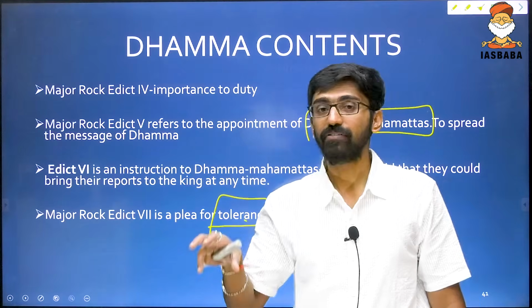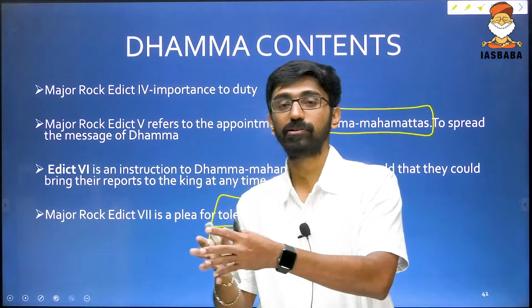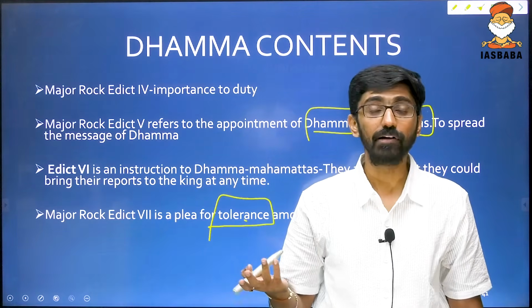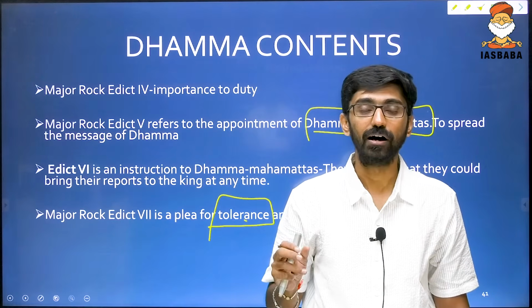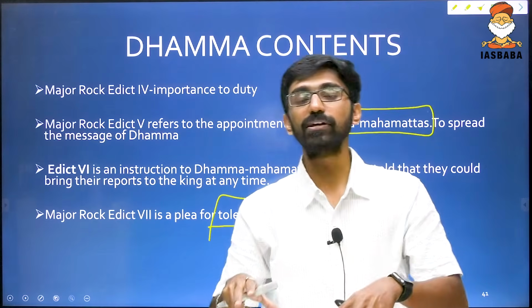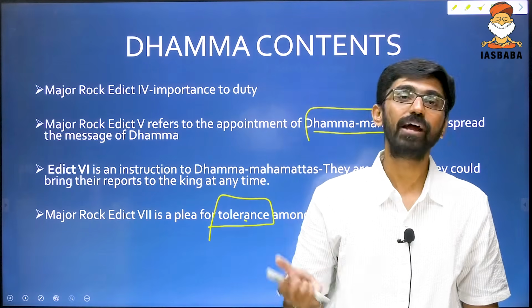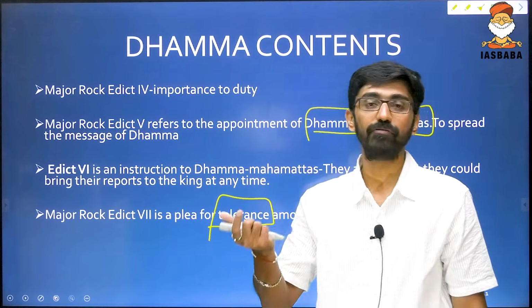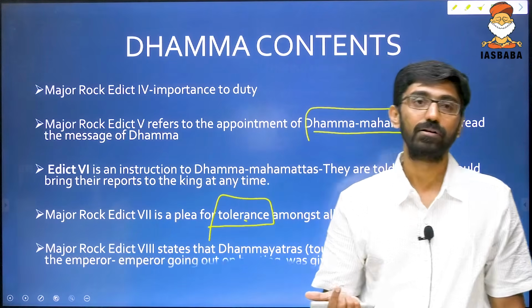Because India is a land of diversity, especially from 600 BC to 300 BC. That is how a diversified thought system came into the Indian land. And now Ashoka, as the king, wanted to consolidate all those things. He wanted people to respect every ideology, irrespective of differences. That is what tolerance is all about.